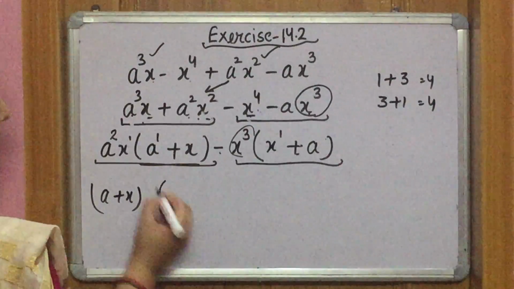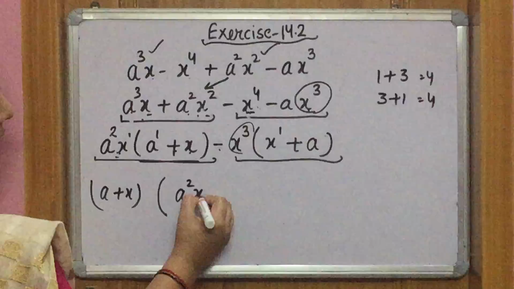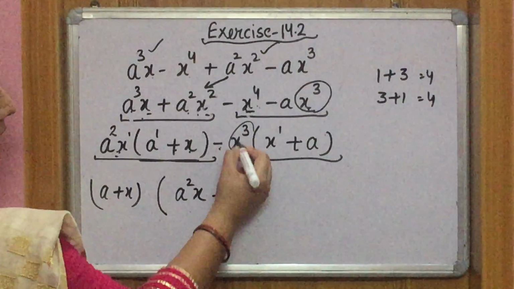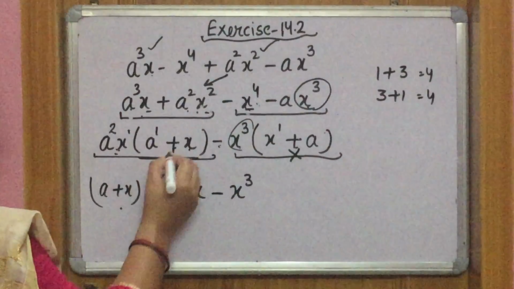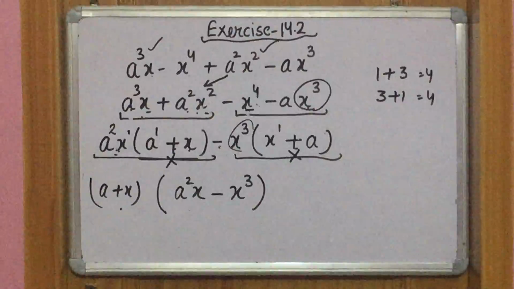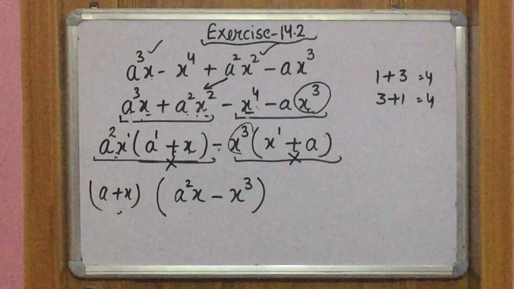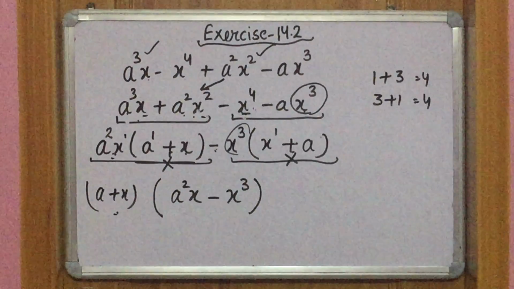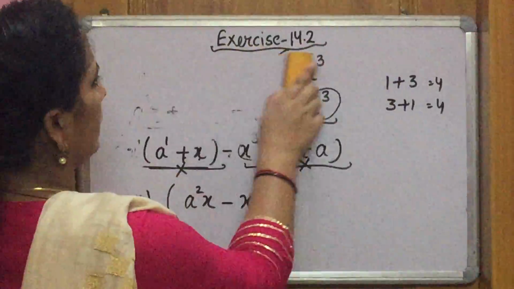So in bracket, in the first term, we have just a square x. Negative sign x cube. इस complete term को हमने common ले लिया है. So in the second bracket, we have a square x minus x cube. So this is the factor form of this algebraic expression. Next question is